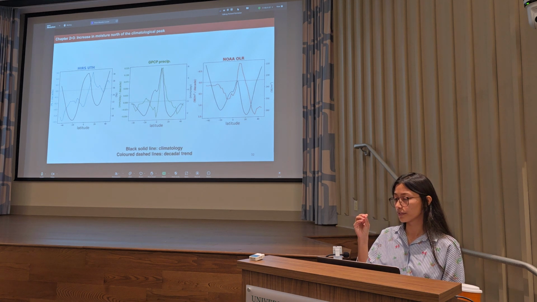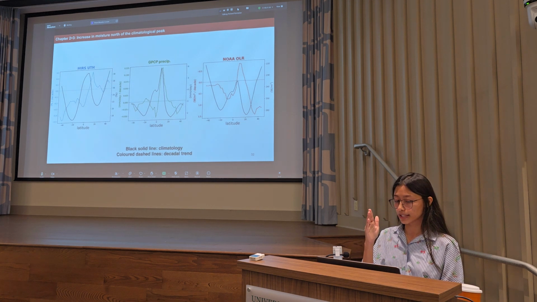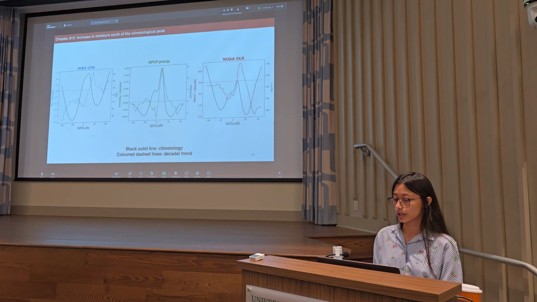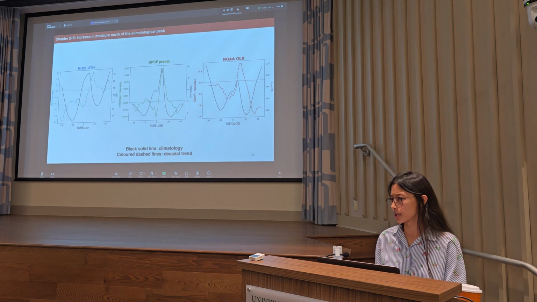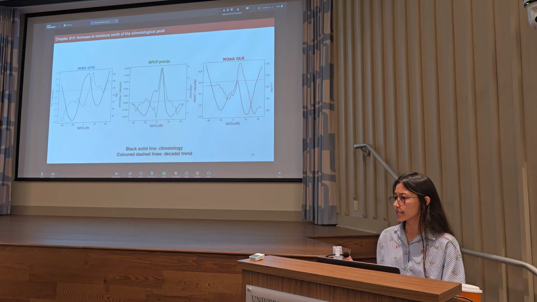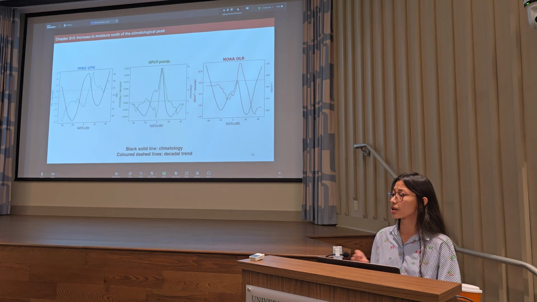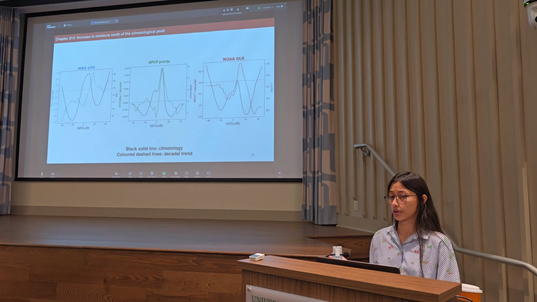That is an increase of the upper tropospheric humidity north of the equatorial peak. A similar northward shift is also seen for GPCP precipitation, the green line, and for NOAA outgoing longwave radiation, the red line, which for easier interpretation in this specific plot we flip the axis. Which is very important because this northward increase in moisture, which is seen in all these different datasets taken from different satellite measurements, suggests a northward migration of the tropical precipitation band, specifically the Intertropical Convergence Zone, also known as the ITCZ.